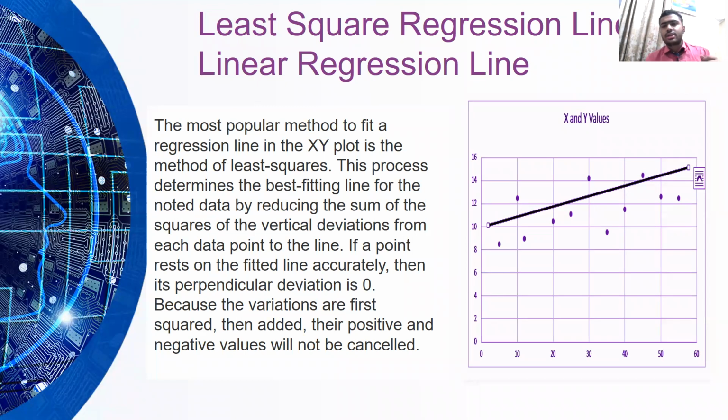Least square regression line or linear regression line. It's one of the most popular methods to draw a regression line on an XY plot. This process determines the best possible line for the given data by reducing the sum of the squares of vertical deviations from each data point. Since the deviations are first squared and then added, the positive and negative values will not get cancelled. As we can see in this graph,